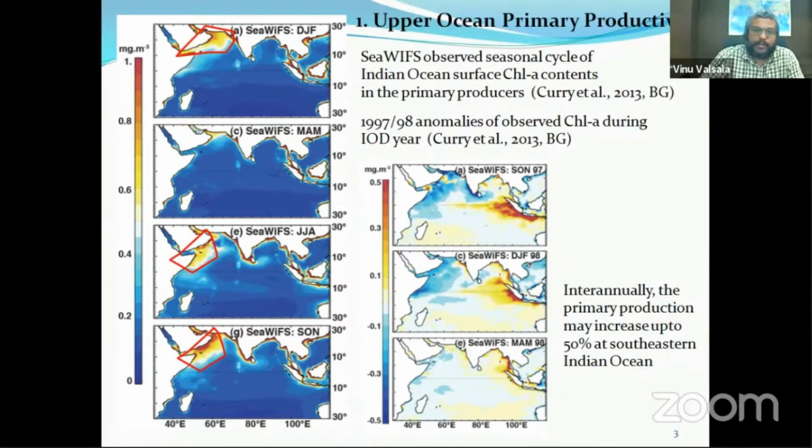So this is further enhanced and sustained in September, October, November, further to the Arabian coast. As you see, because of the remnants of whatever nutrient is being brought up, that is further contributed into the primary production. This mean picture is pretty clear from our satellite observation, and this paper has pointed out that, however, during extreme IOD years, you may also experience around 50% additional productivity in the southeastern Arabian Sea coast,